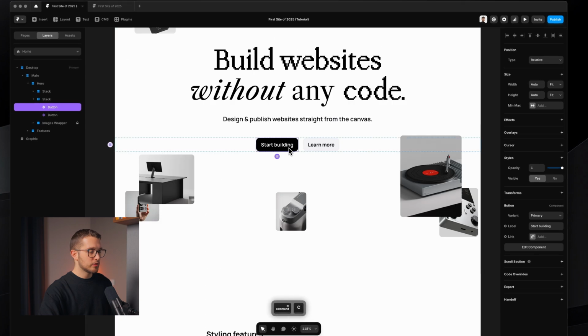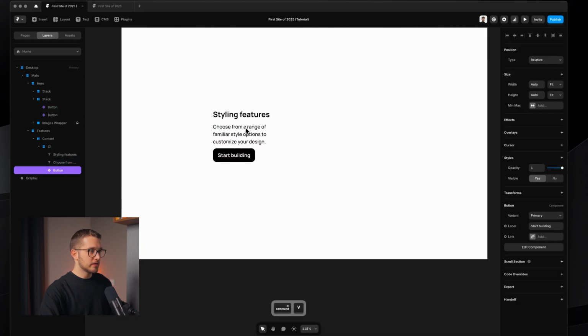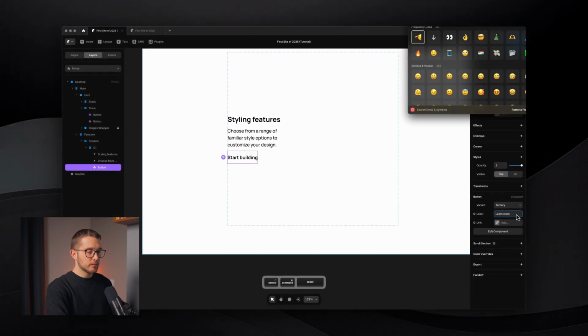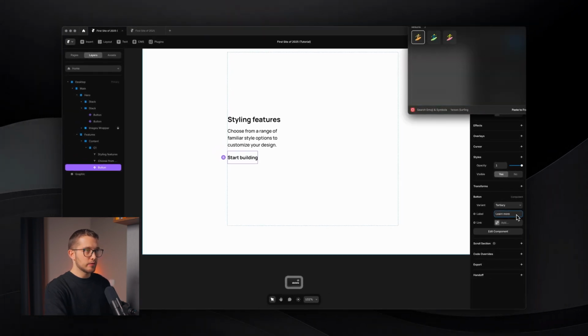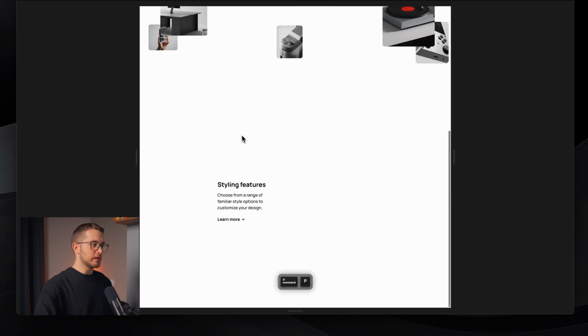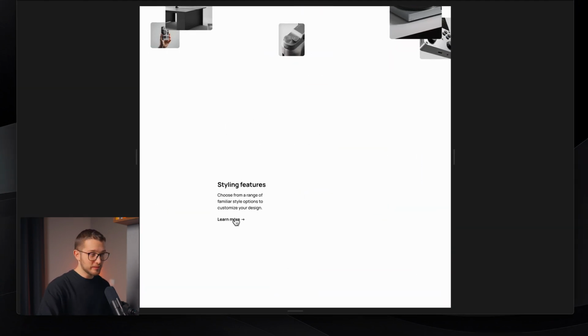We can just copy, paste it in here, and then switch the variant to tertiary. And then basically that's it. We can write learn more, and then we can add the little right arrow in there, and yeah, now it's perfect. I think one thing I remember now is that we also have to have a little hover state,